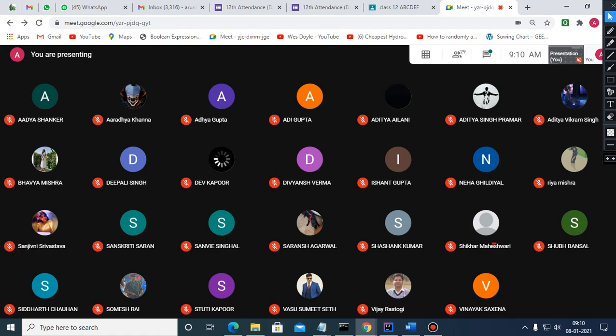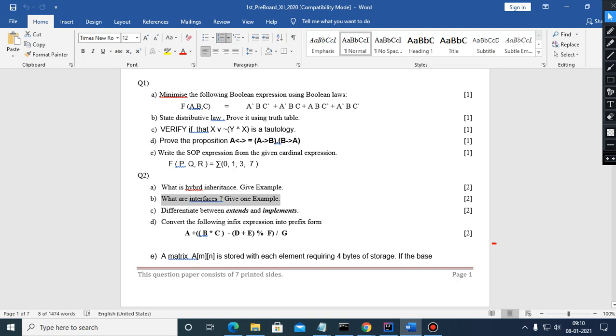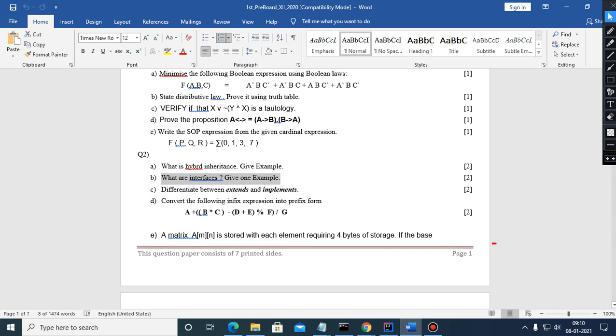Now further I would like to move on to the next question: extends and implements. I have explained everything in this interface, because interfaces are implemented with the keyword implements and classes are extended in order to implement inheritance. So this is what you have to write.